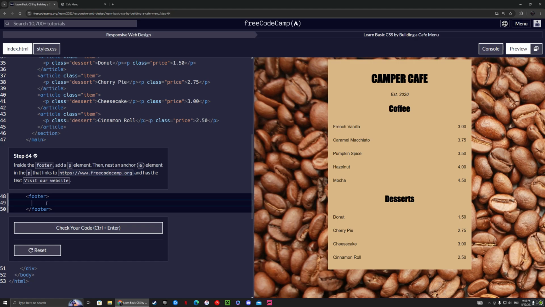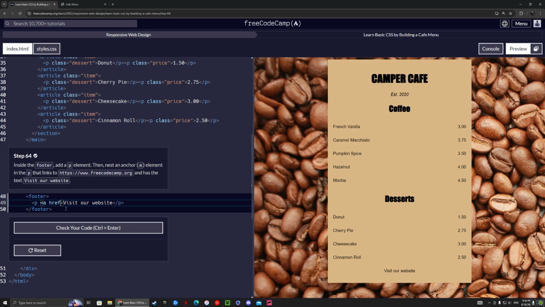So let's do this in order so we don't get confused. So we have the p element, right? And we want it to say visit our website. Okay, and we need to nest an anchor element inside p. So we say a